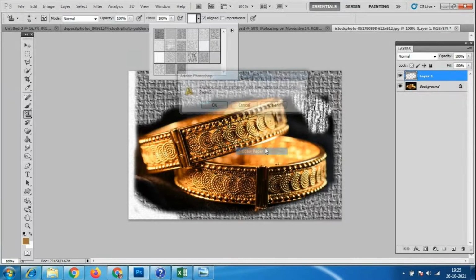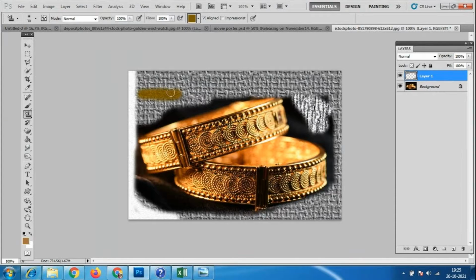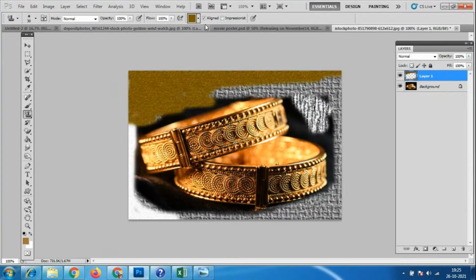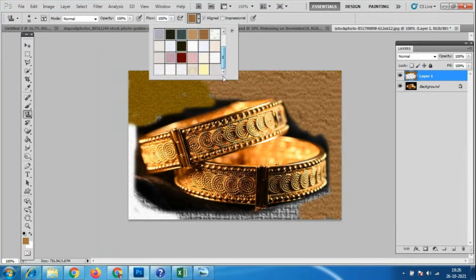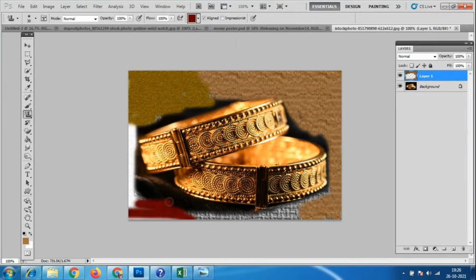You can select this color paper and brush it like a brush. For different backgrounds you can use this pattern stamp tool. We have multiple options like this.